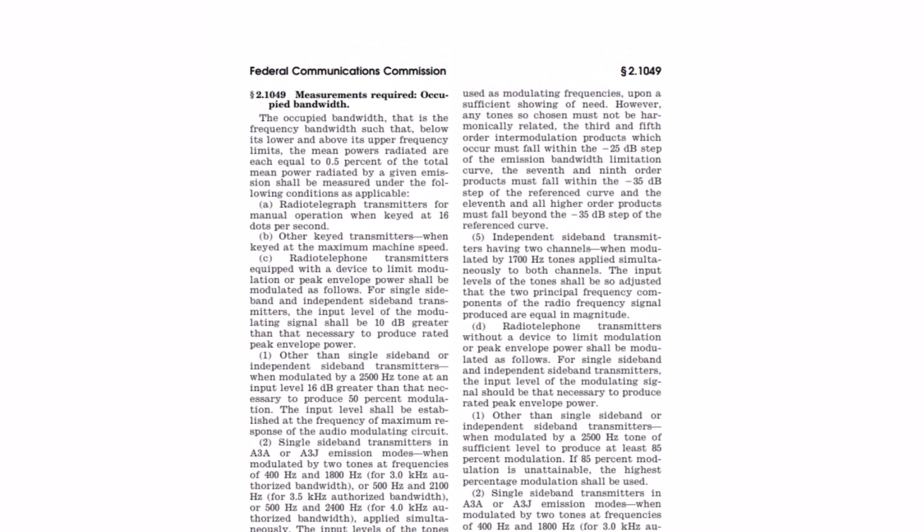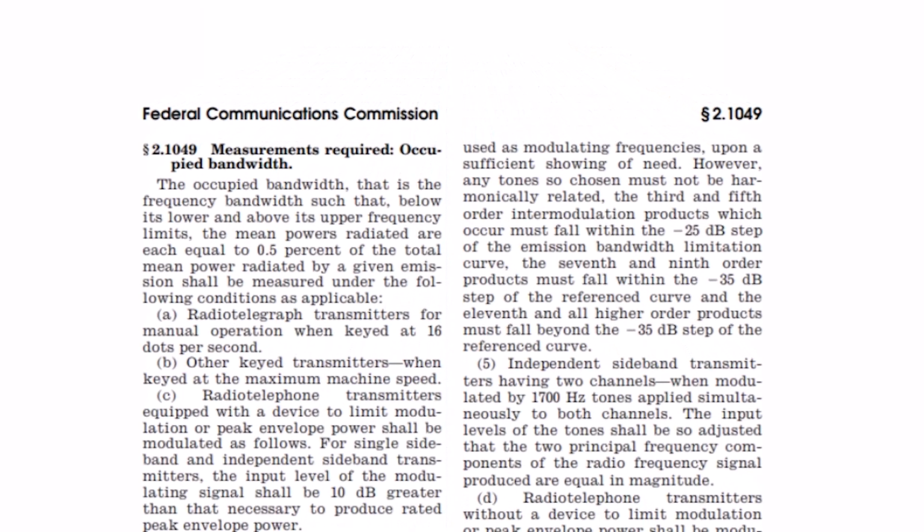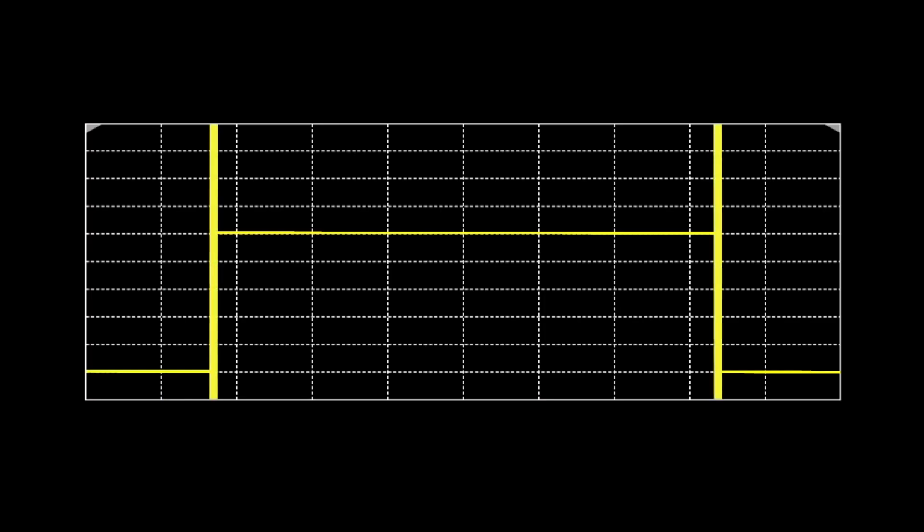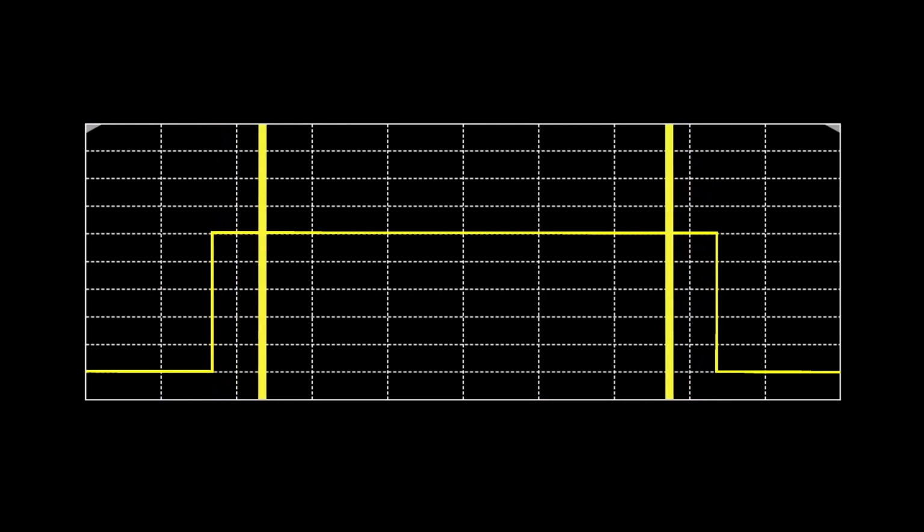Since power leakage has significant effects on communication systems, several regions, like Japan and the US, have occupied bandwidth regulatory requirements. Occupied bandwidth measurements help you determine if your transmitter is operating properly. Typically, any distortion produces power outside of the specified bandwidth. Occupied bandwidth measurements allow you to see this distortion, like shoulders on the side of the spectrum or rounding and sloping on top of the spectrum. These issues indicate intermodulation or filter shape problems.